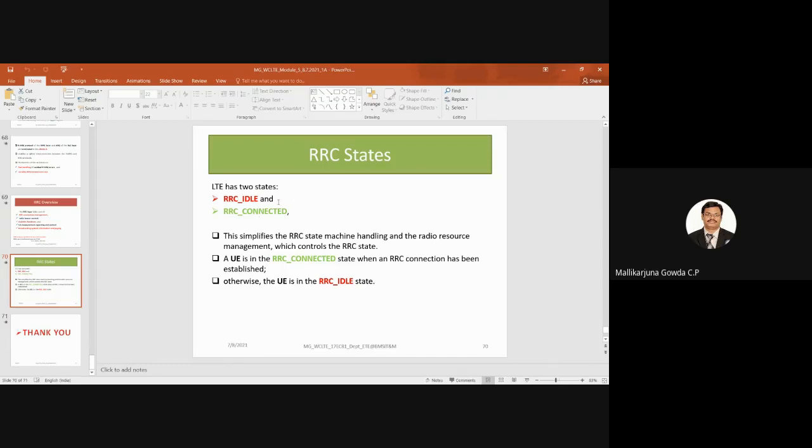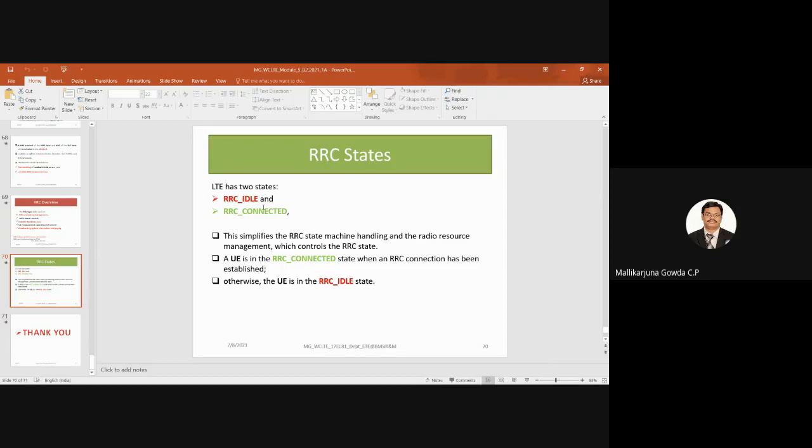This simplifies the RRC state machine handling and the radio resource management, which controls the RRC state. A user equipment is in the RRC connected state when an RRC connection has been established. Otherwise the user equipment is in the RRC idle state.